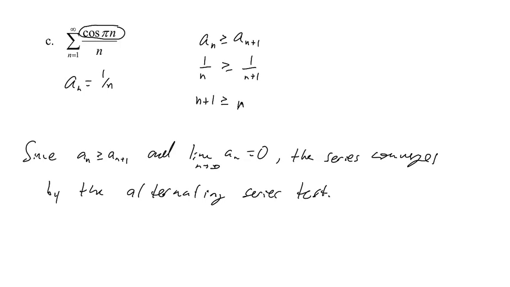Because if I take the absolute value, that gets rid of the alternating part. So this is really coming up when we're talking about alternating series kind of exclusively, but we could ask it any time really. But if I take the absolute value, that would be a divergent series. So this one would be technically said to converge conditionally,